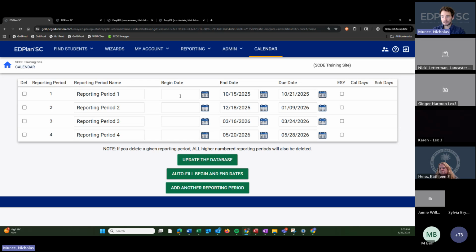The begin dates can be left blank. These are not required for the reporting period to function. If they are included, it provides an additional check that we saw sometimes last year can be a little bit much in terms of difficulty for generating a progress report. So if you do put a begin date, when you're going to generate a progress report for reporting period 1, the system is going to check that the IEP is valid between the begin and end date, and each goal start date is between the begin and end date.